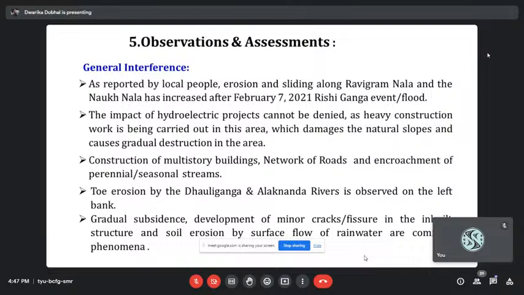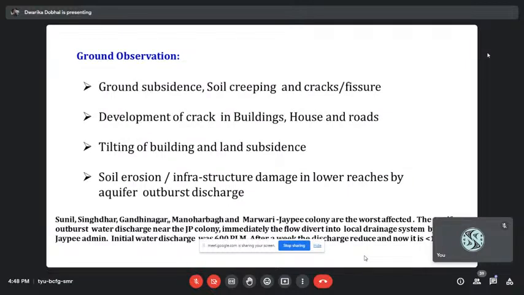They say that this has been happening since long back, but now it is accelerated due to this type of construction work and development. So what we observed is ground subsidence, soil creeping, cracks and fissures, development of cracks in buildings, houses and roads, tilting of buildings, mostly hotels, and land subsidence. Soil erosion and infrastructure damage in the lower reaches,